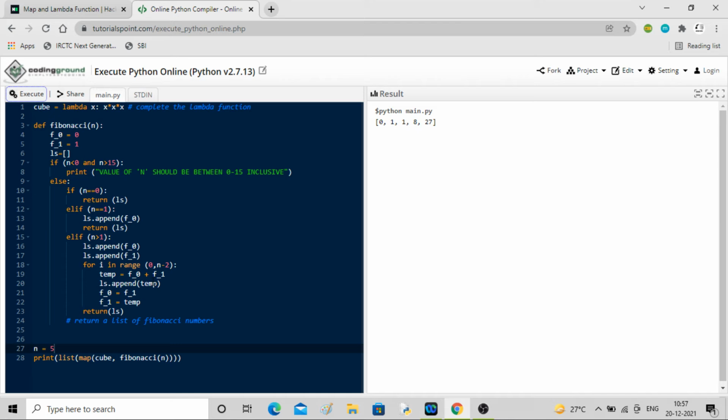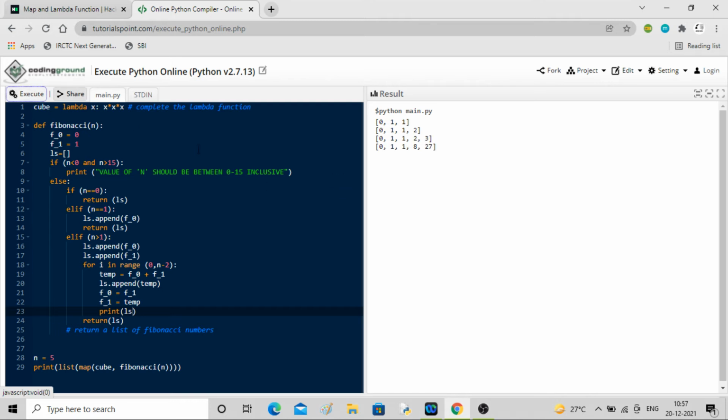You can see. So what I'll do here is we have seen this 5, right? Let me print these as well. Print the list every time. Print ls, so that you will see how it is working. You can see these were already added, then this one was appended.